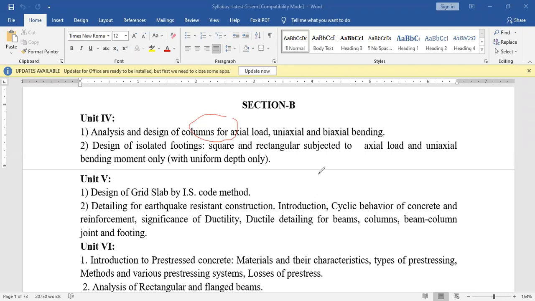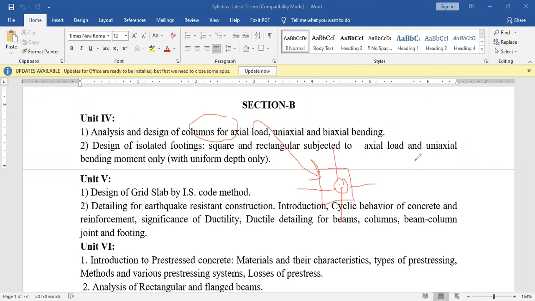So if you just talk about, say, in plan, if you just say this is a plan here, okay, as you know that the beams are going to attach to the column. So if suppose this is the center line of it, this is the center line of it, and in that case, at this particular position, all the beams are going to be placed. In that case, you can say this axial loading will be there.